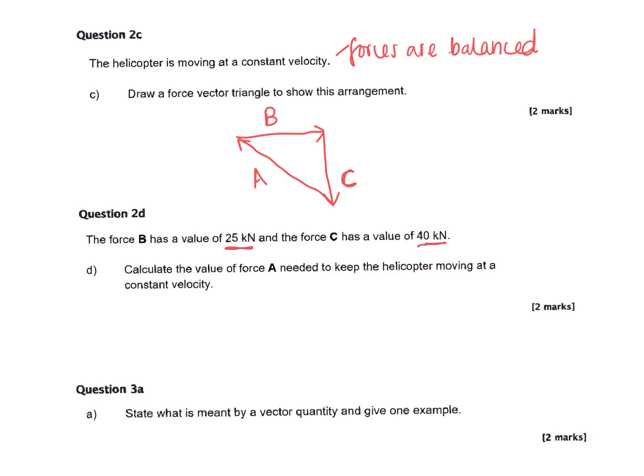So we need to work out our resultant force. Again, we're going to use that Pythagoras rule, but we're going to do B squared plus C squared, and we're going to square root it to get A. So A is going to be equal to the square root of B squared plus C squared. The numbers we are going to put in are 25 squared plus 40 squared. Do not forget to square it and then to square root it at the end, and you will get A equals